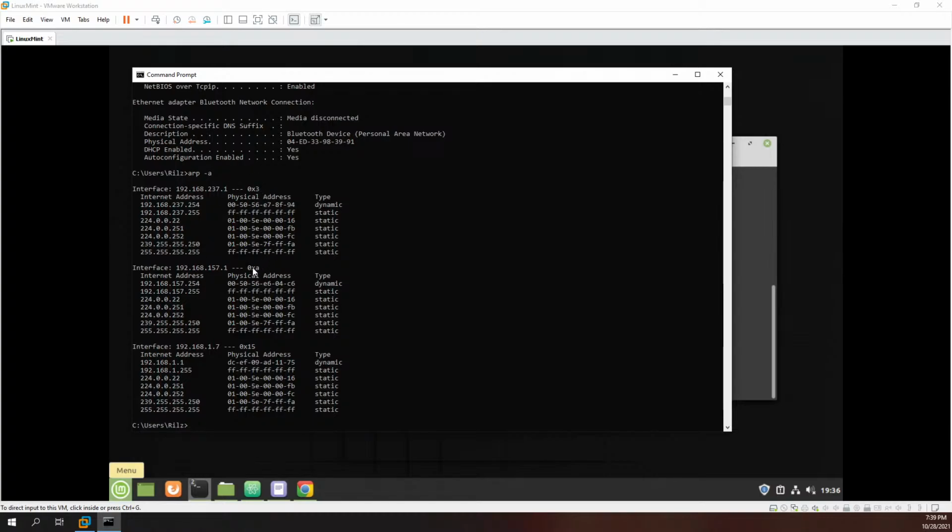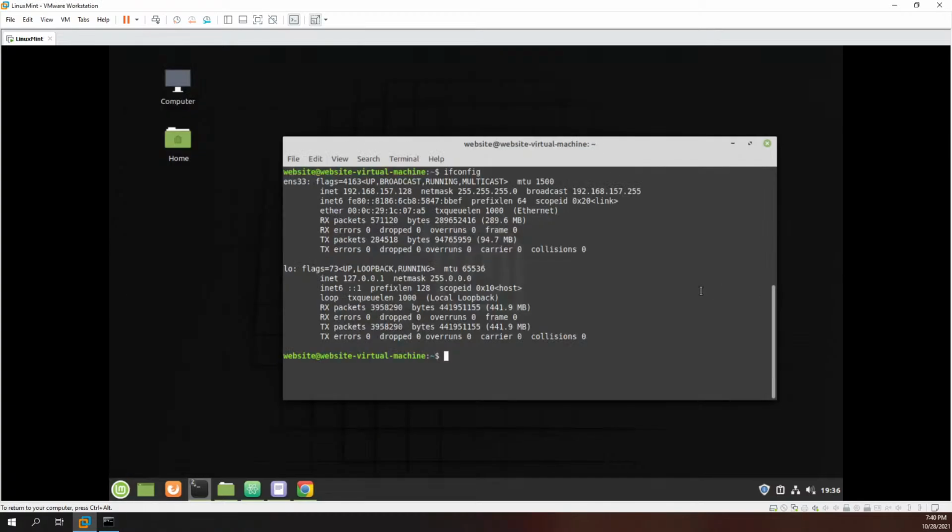Now, this specific table wouldn't actually have the default gateway for the same network as the virtual machine. And the reason being is because I already know how to get outside of my computer. One of the things about the default gateway is that if my machine is uncertain how to get to something, if the IP address or the network is outside of my network, it's going to forward that traffic to the default gateway. So we don't actually need a default gateway myself to talk to the virtual machine. However, the virtual machine will need a default gateway. And one of the things we can do to show that is run the ip route command. The ip route command tells us that the default gateway is located at